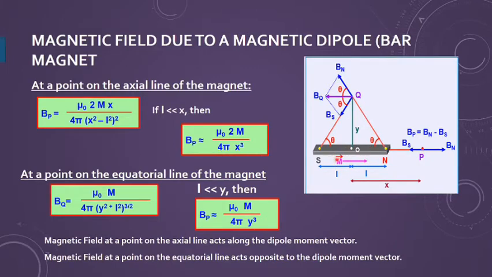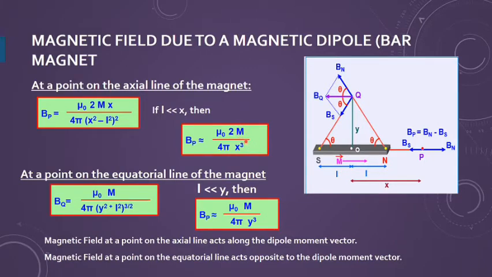Magnetic dipole moment we have already discussed. It acts from south to north direction. So this is the direction of the magnetic dipole along the positive x-axis. The same is the direction of the net magnetic field at point P when I am taking the point P on the axial line. So you can find that the direction is the same as that of the dipole moment. This result is similar to your electric field, but there we write k 2p upon r cube. Whichever way we express it, if I want to write r cube, that is also equally correct.